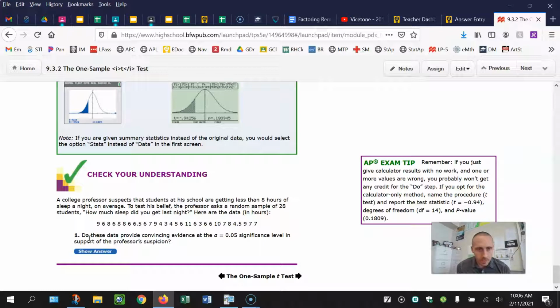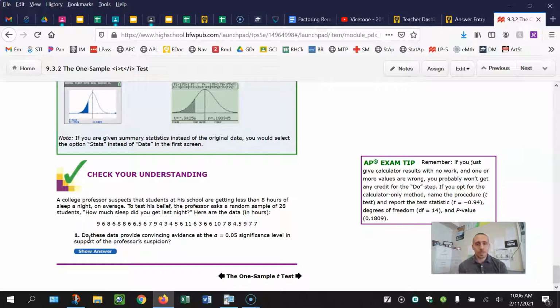this professor believes that students are getting less than 8 hours of sleep. To test his belief, he has a random sample of 28 students. Okay, so the null hypothesis would be mu is equal to 8. The alternative, he believes less. Mu is less than 8 hours. What is mu? Mu is the true mean amount of sleep that students at this school are getting. So that's the state step,